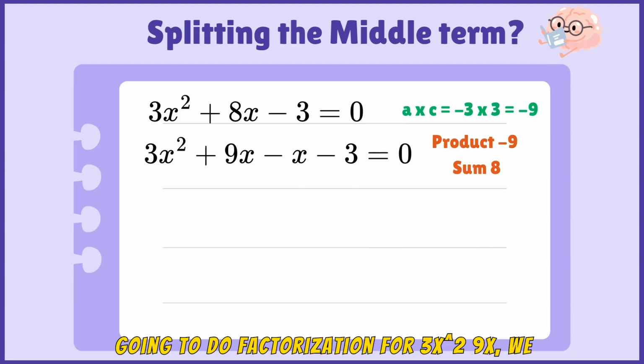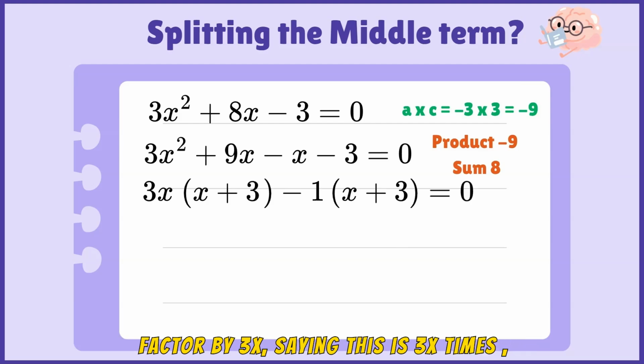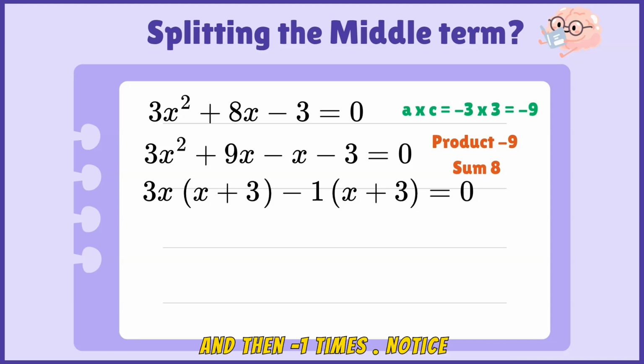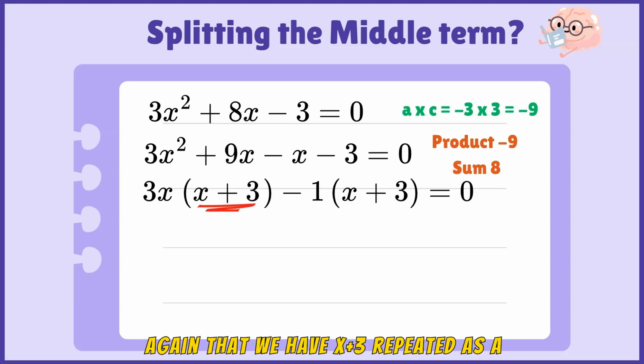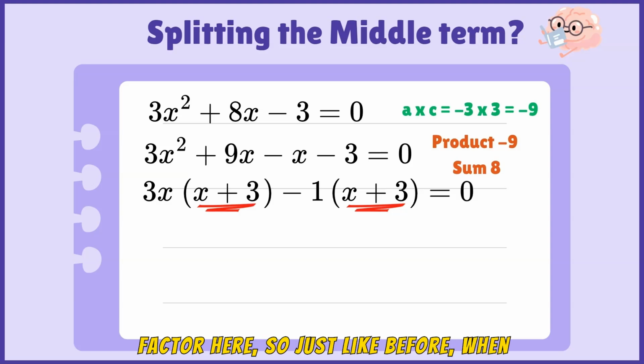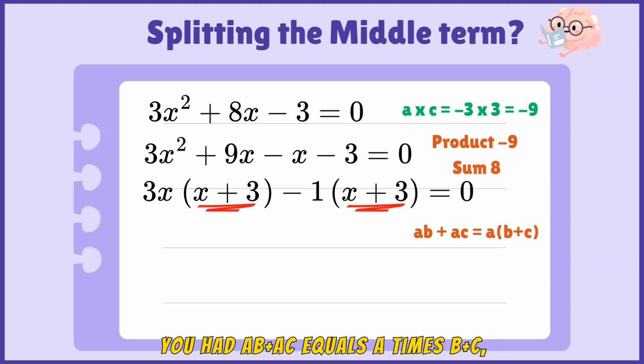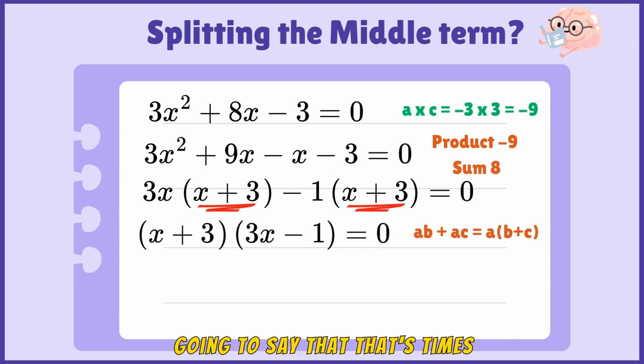And again, we're going to do factorization for 3x squared plus 9x. We factor by 3x, saying this is 3x times x plus 3, and then -1 times x plus 3. Notice again that we have x plus 3 repeated as a factor here. So just like before, when you had ab plus ac equals a times b plus c, you could take that out. And so we're going to say that that's x plus 3 times 3x minus 1 and say that this